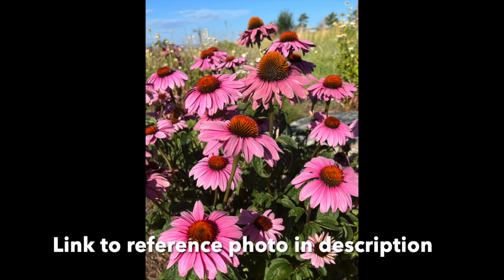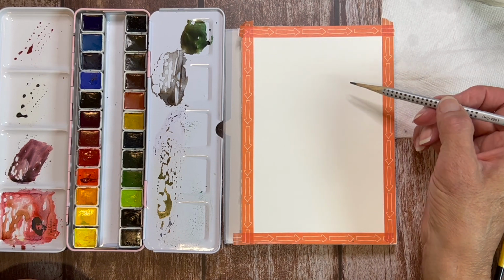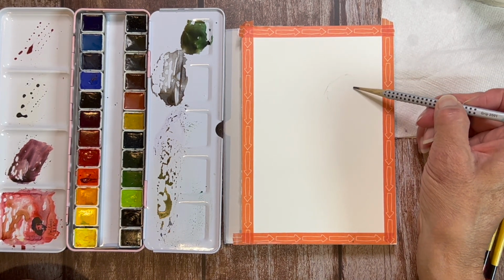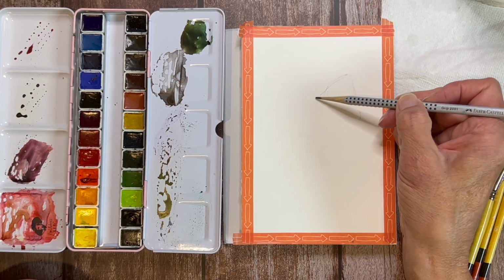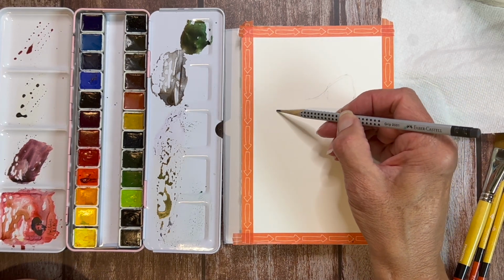My husband and I were out walking this morning, and these echinacea or coneflower were so beautiful that I thought it would really make a great subject for us. As I'm recording this, it is the 1st of August. It's about, well, today is the 5th, and they're really at their peak right now,